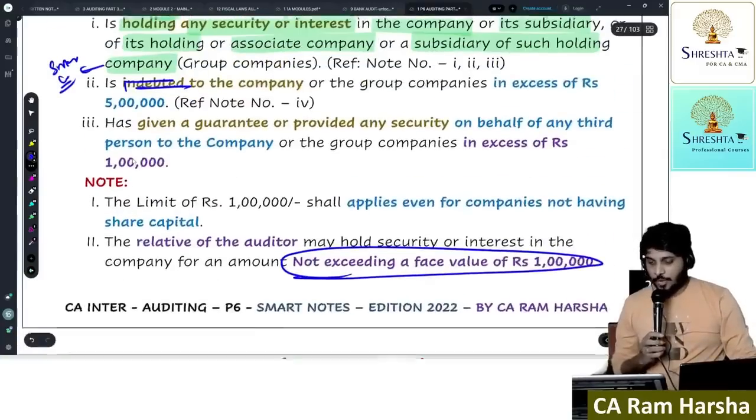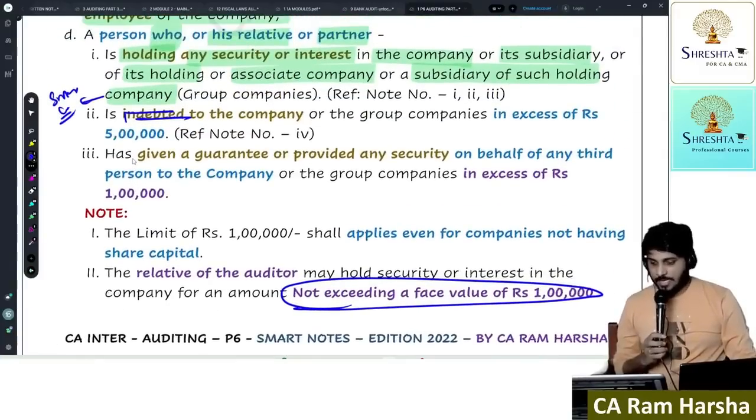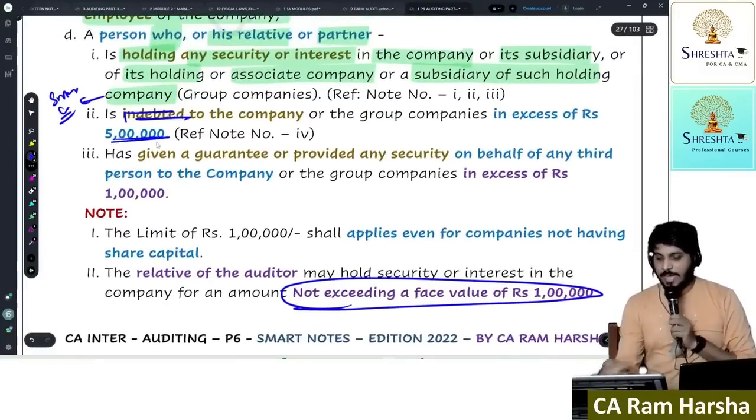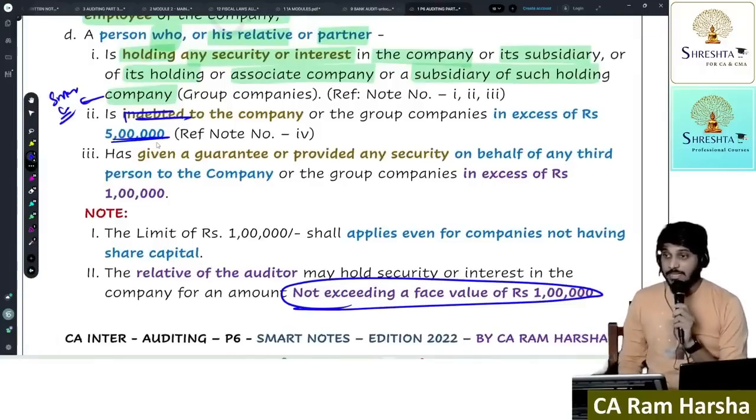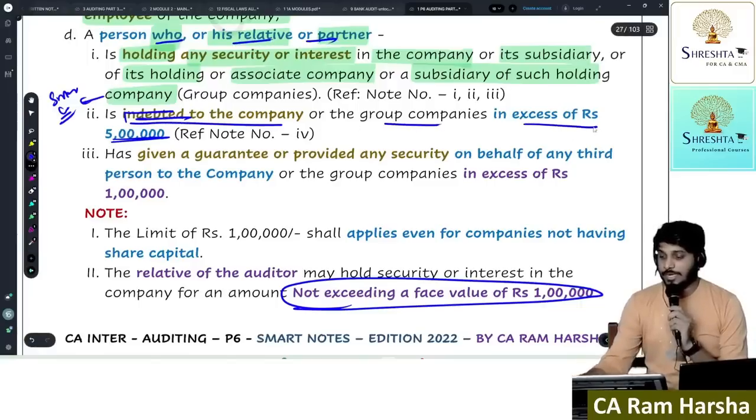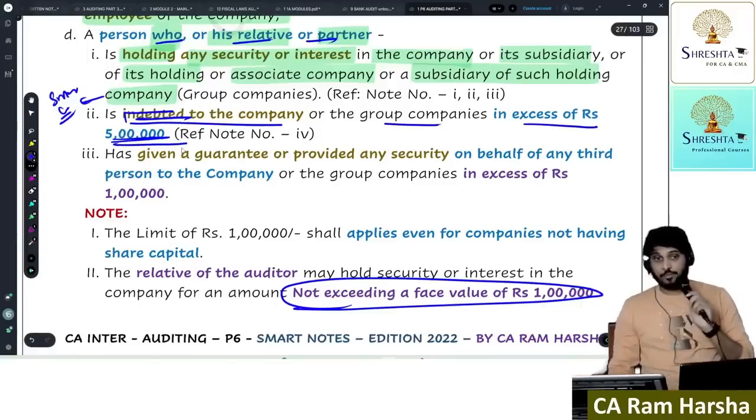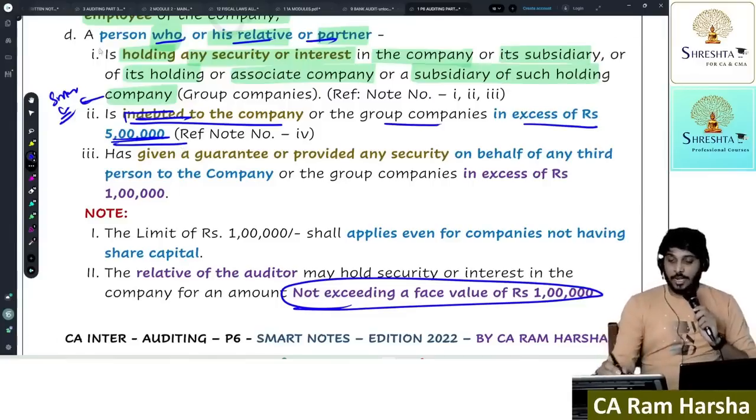Suppose the indebtedness point. How much indebtedness is permitted? Maximum up to 5 lakh. Now here, regarding indebtedness, can the auditor also have it? Yes. Here you see a person, relative or partner, indebted to the company or group companies in excess of 5 lakhs. Up to 5 lakhs it is permitted. Main point you see: